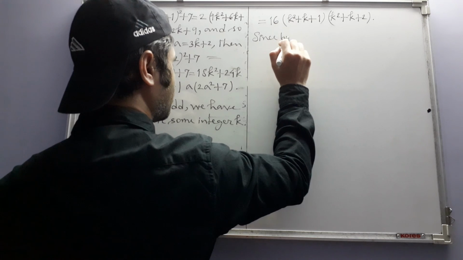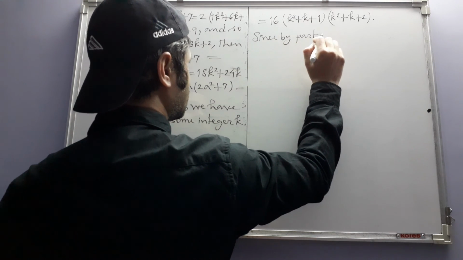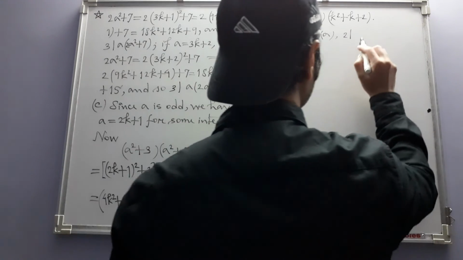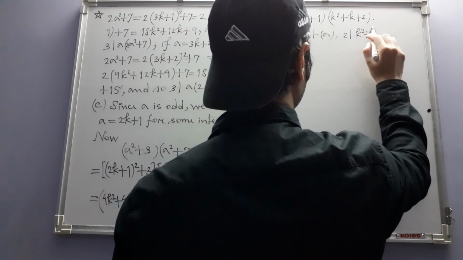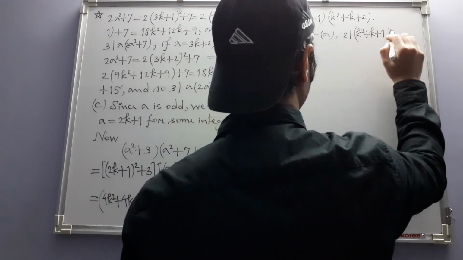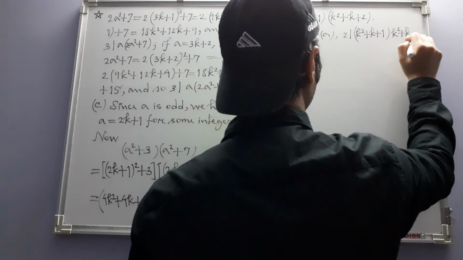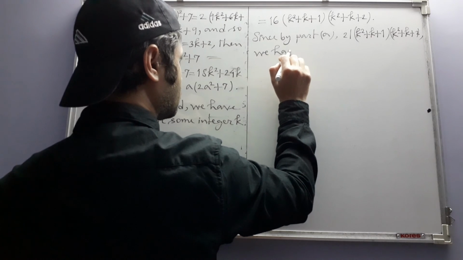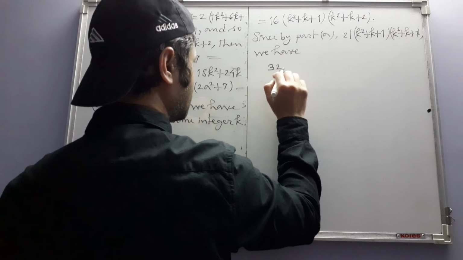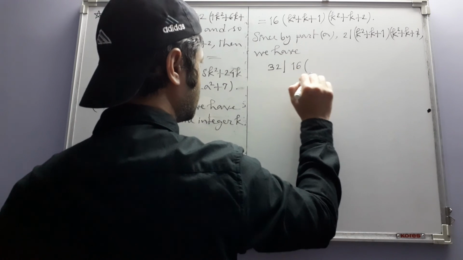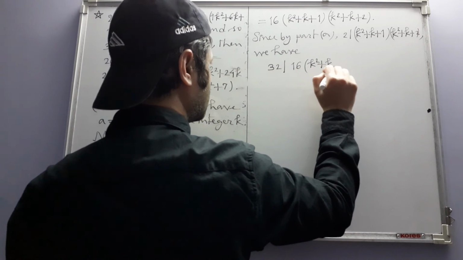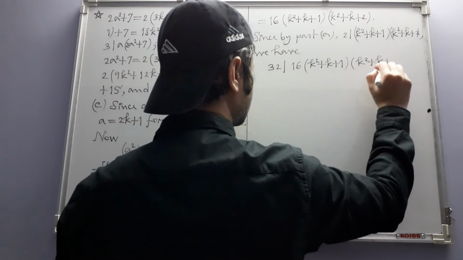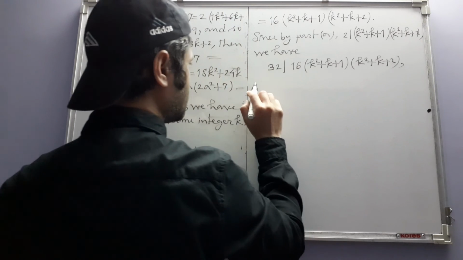Since by part A, 2 divides this product, we have 32 dividing 16 times this times this, that is